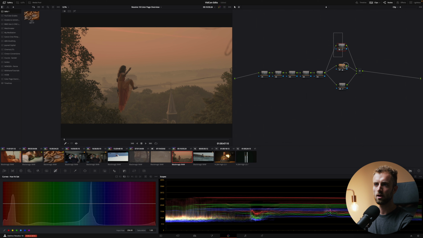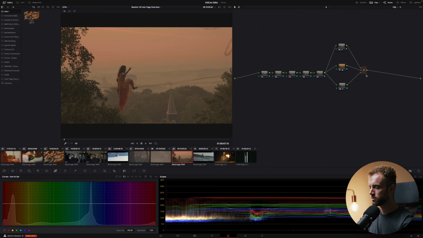I do this because now I know that all these adjustments have something to do with the color red. All right, so if I really want to go into the nitty-gritty, I can do parallel node configurations for every major adjustment based on one global adjustment. Hopefully that makes sense. So that's that.